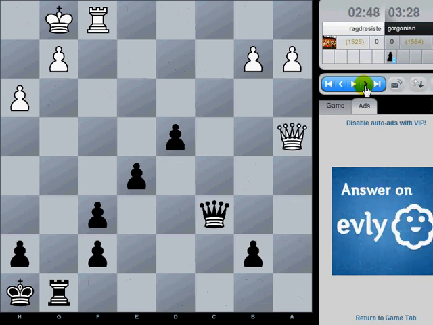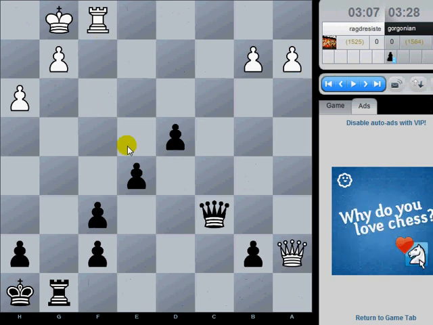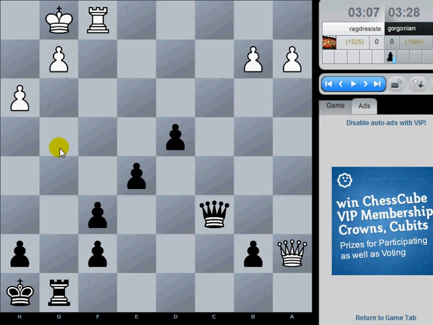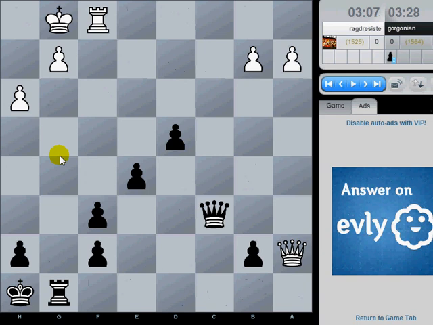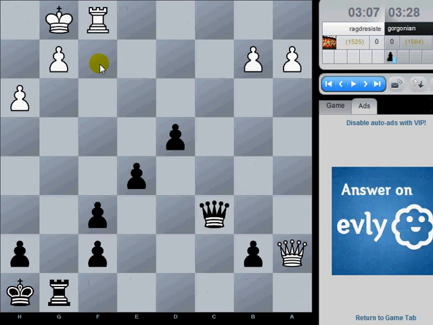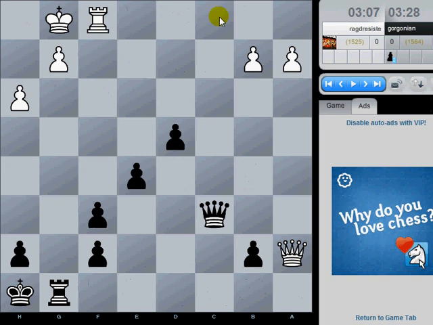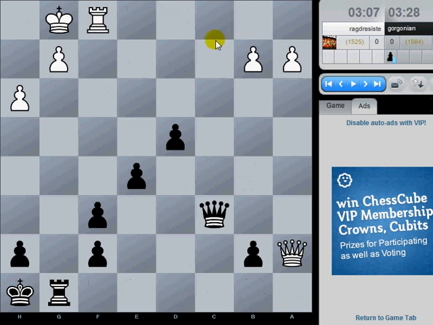Yeah, here I just threatened mate and he doesn't see it. So what could he have done here? Obviously rook f3 to block the diagonal is bad because you just play queen takes f3. The g2 pawn's pinned. What else could he do here? I mean, crazy stuff like g4, maybe. But rook f2 seems to be the most obvious thing. Rook f2. So if he plays rook f2, queen c1, and then just rook f1 again,